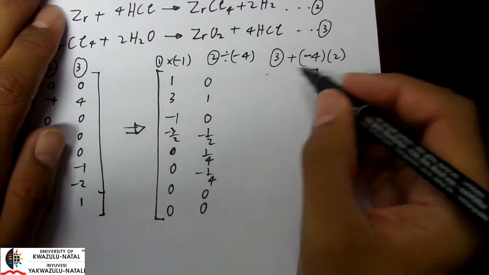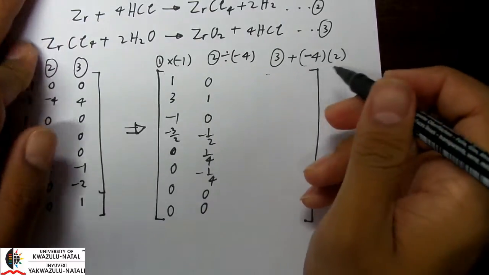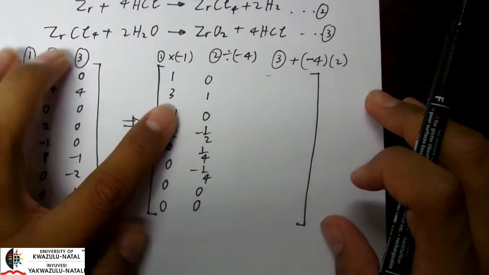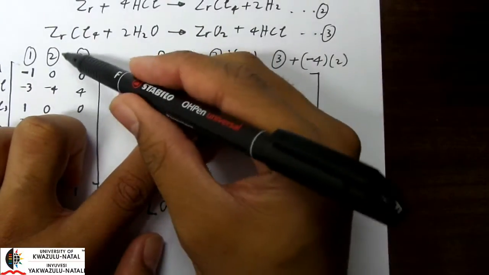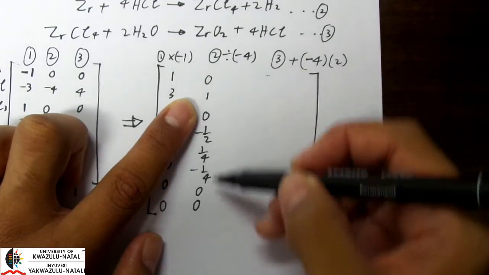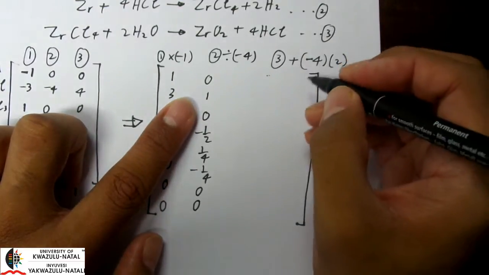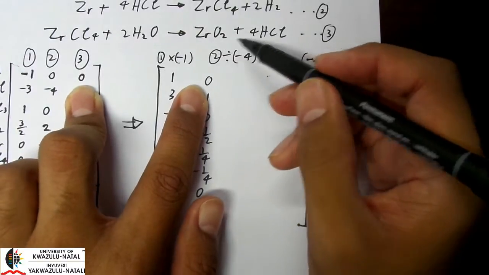Okay, so we have to apply the calculation, of course, to the entire column. We're looking at column 2, the changed column 2 actually, not the previous column 2. So we are looking at this column here. And if we are comparing column 2 to column 3,